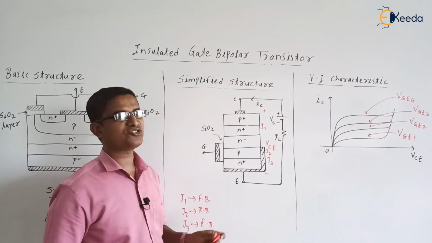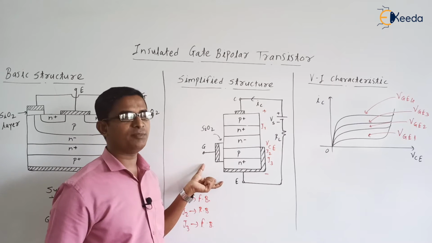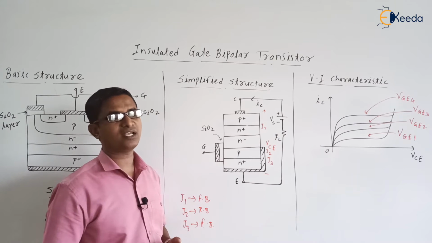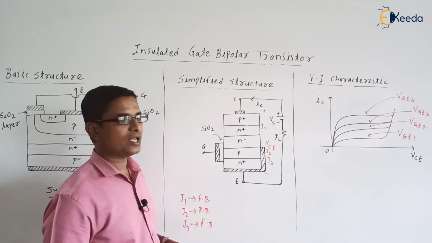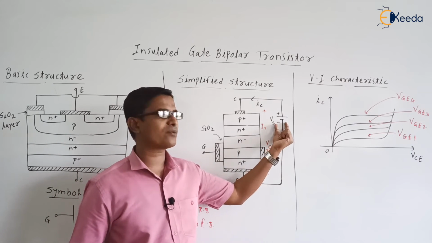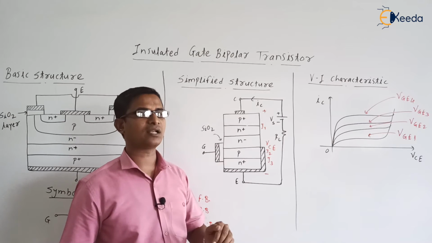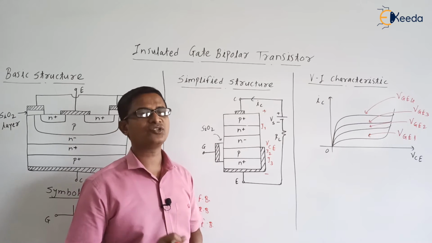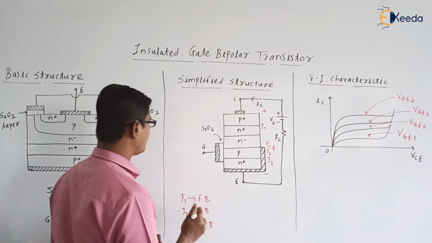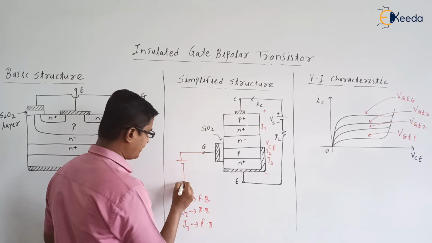So in this way we can turn on the device without applying the gate emitter circuit, by keeping the gate emitter circuit open. Now, what is the drawback of that method? Yes, here we require a very high voltage. Now if we are interested in turning on an IGBT at a reduced voltage level, then what we need to do is connect an external voltage between gate and emitter.